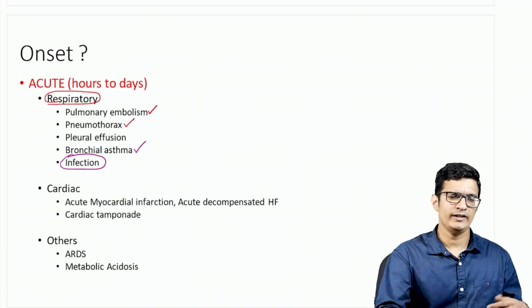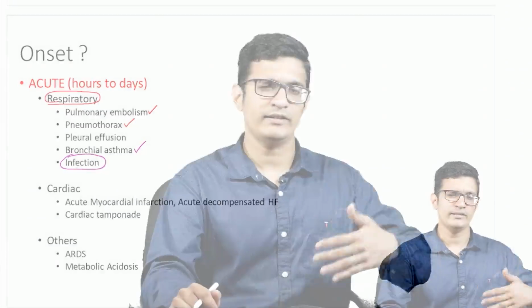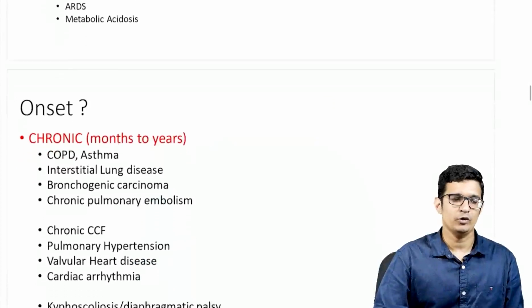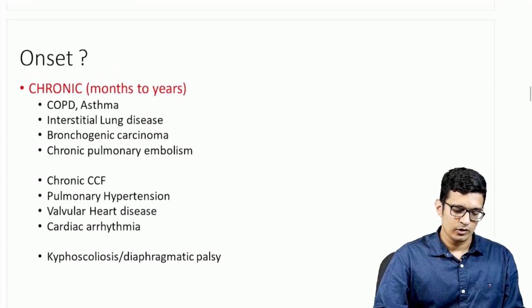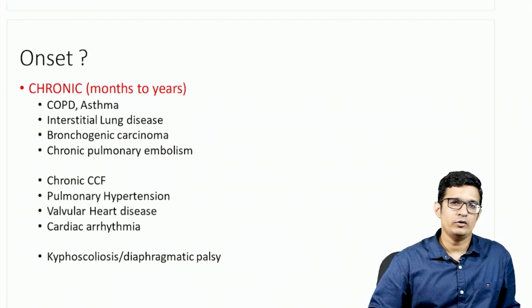So how can you exhale more carbon dioxide? Because carbon dioxide is the other acid. So the counter regulation of metabolic acidosis is respiratory alkalosis. Increase the rate and depth of breathing so that more carbon dioxide is exhaled out, and that balances the acid equation in our body. So whenever any condition causes metabolic acidosis, there is going to be a counter-regulatory respiratory alkalosis. So we have talked about some acute causes of breathlessness.